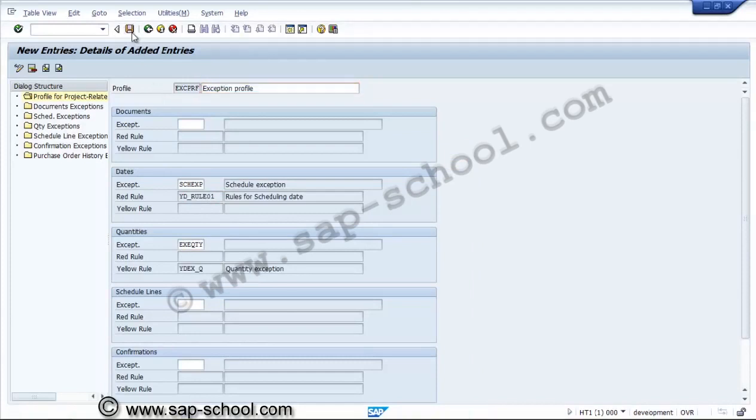So these are the two rules we have created and assigned to this.